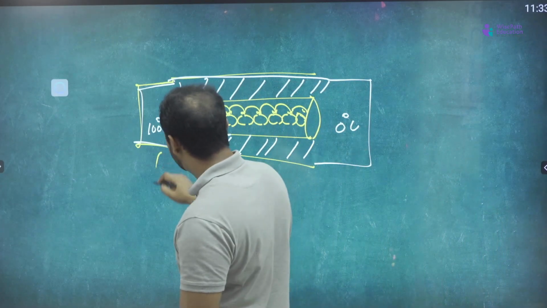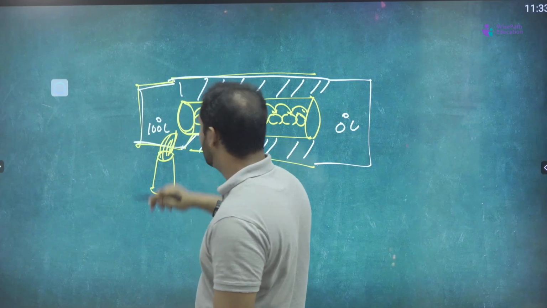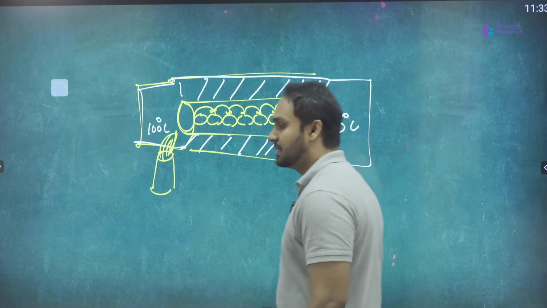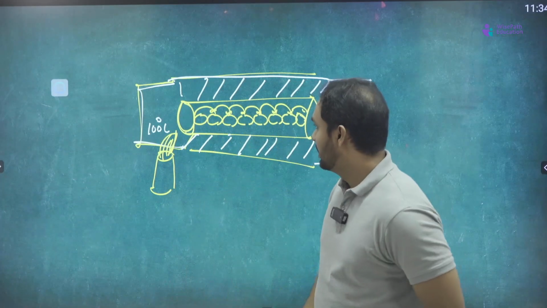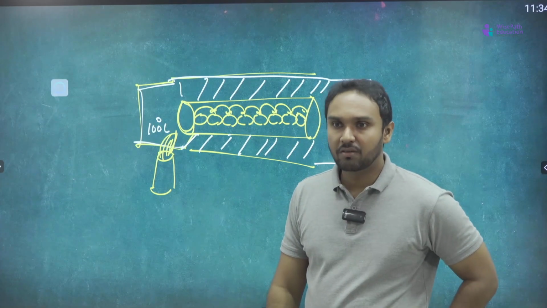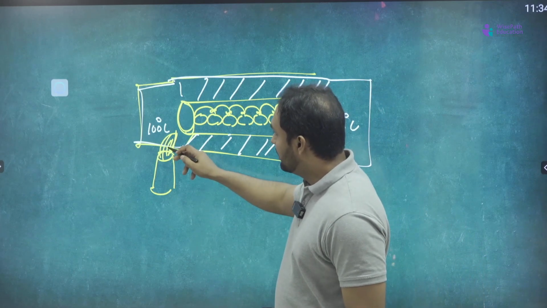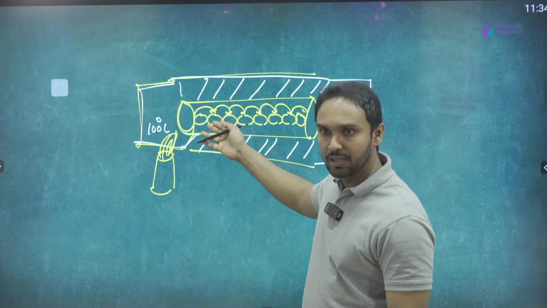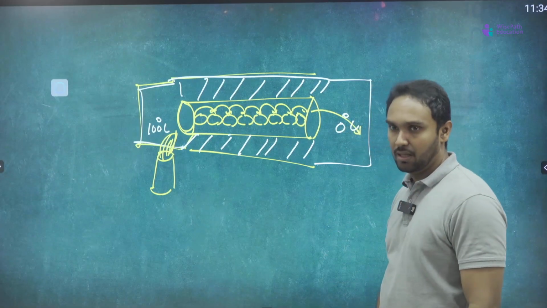But we keep providing the heat, right? Let's say this is a Bunsen burner or something. So we keep providing the heat here, so the energy keeps flowing, right? And there comes a certain point that this conductor is filled with energy. Now at the beginning it's not filled, it is slow. I said the rate is slow. Why I am telling that is, at the beginning the amount of heat entering the conductor and the amount of heat leaving the conductor are not equal.